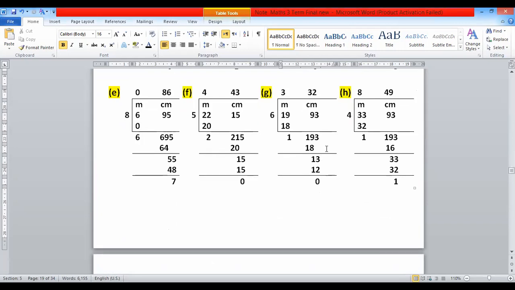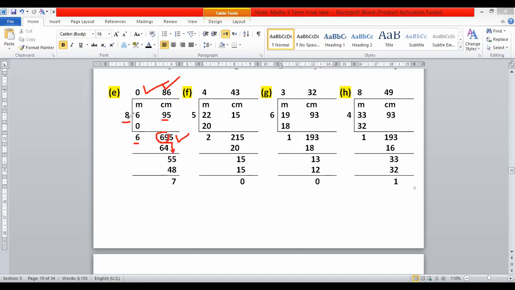The solutions of these parts are written in front of you here: 695, 800 minus 0, 6 minus 0, 6, and after that convert 6 meter into centimeters. 6 meter and 95 centimeters, we get 695. Now you divide 695 by 8. First you take 69. 8 8s are 64. 9 minus 4, 5, and then shift this 5, you get 55.